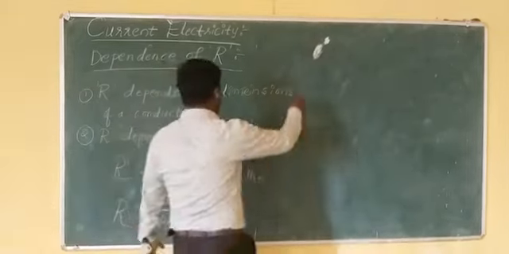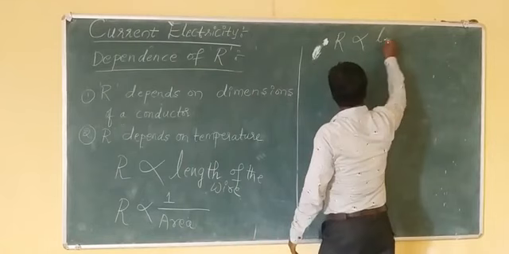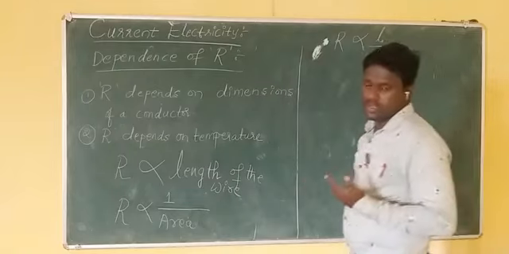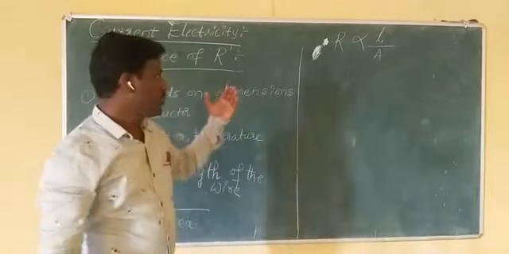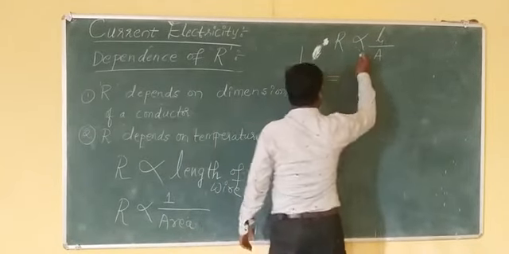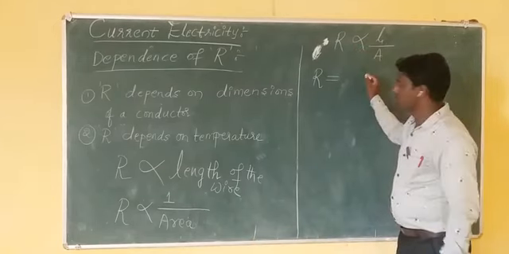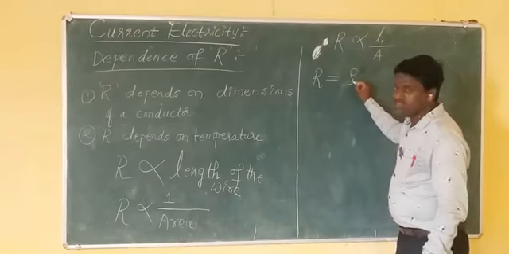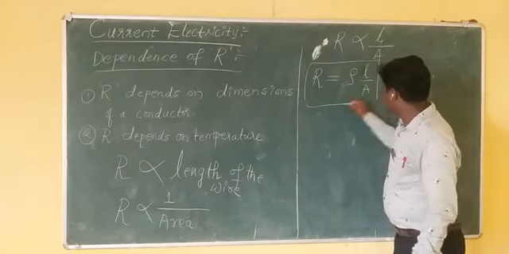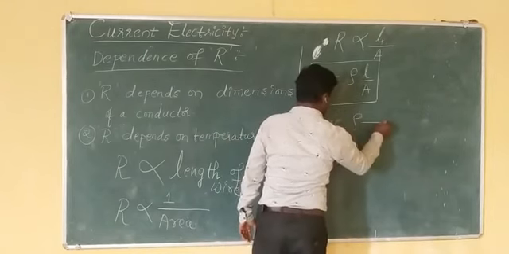conductor. So combining these two, R is directly proportional to L, inversely proportional to A. R is directly proportional to length of the conductor. R is inversely proportional to area of the conductor. So in order to make this an equality, I must take a constant term. That constant term is rho. R equals rho L by A. Where rho is called